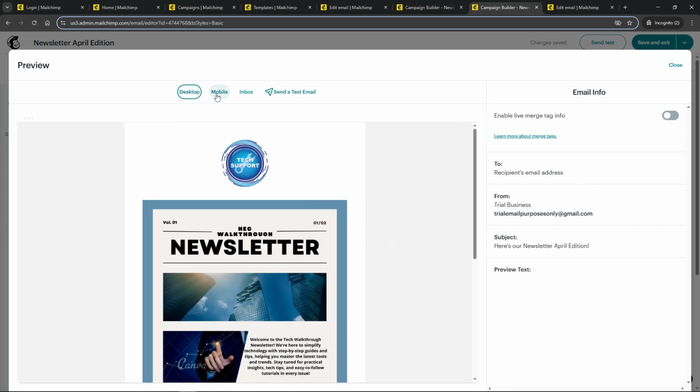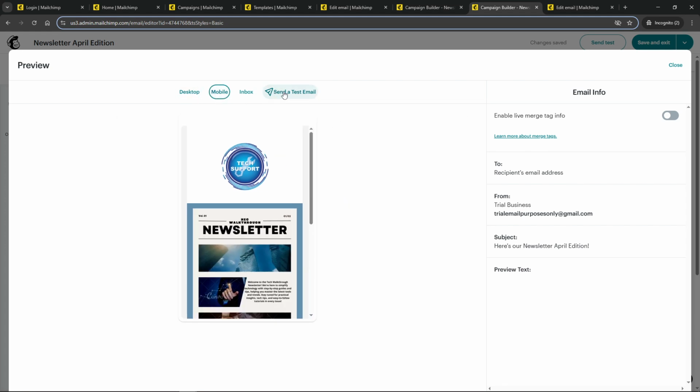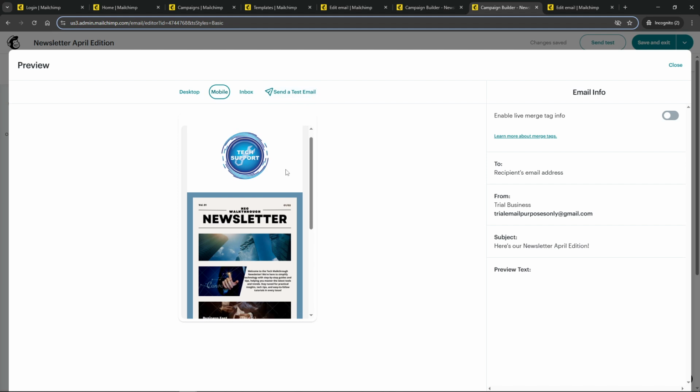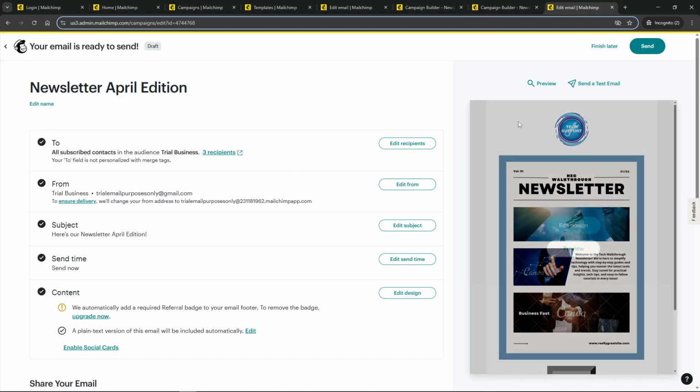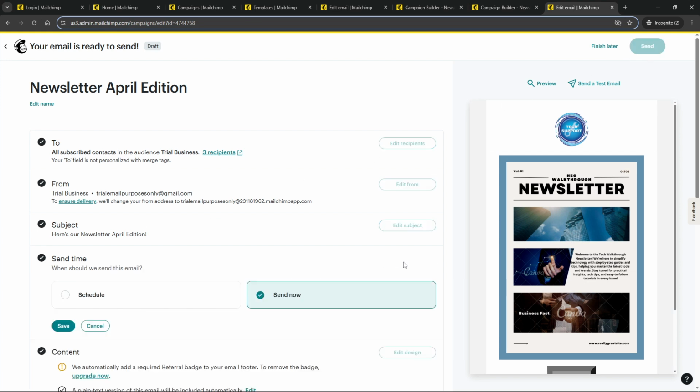To catch any potential mistakes, use the Send Test Email feature. This allows you to send a draft to yourself or a colleague for review. Finally, when you're happy with everything, it's time to decide on sending. You have two options: click Schedule to send it at a later date and time, or hit Send Now to deliver it immediately. And with that, your